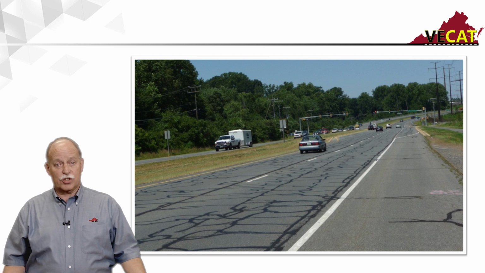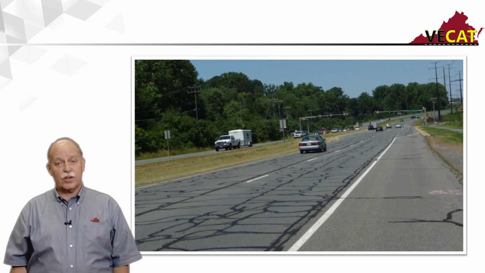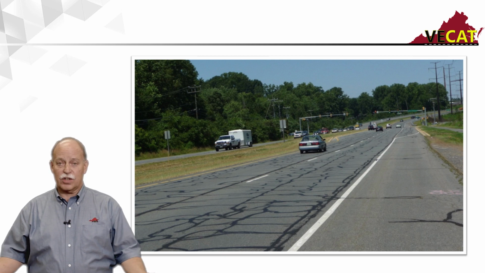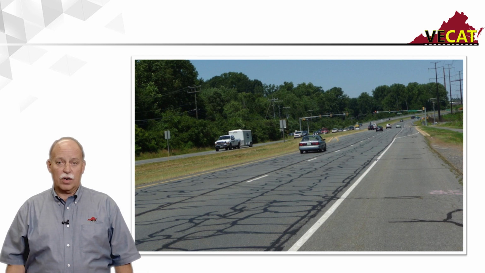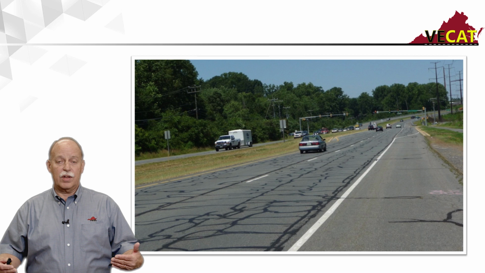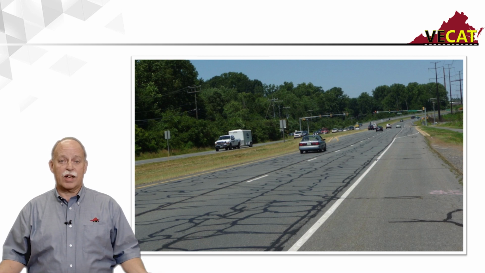Here's a picture that shows obviously a pavement that had a lot of cracks. This would be one that I would tell you probably was beyond its path for crack sealing. The cracks on this roadway are frequent and they're real close together, and so the pavement has deteriorated beyond its life and needed to probably be milled and replaced as opposed to actually trying to fill those cracks